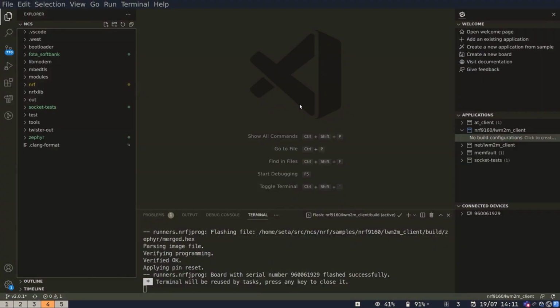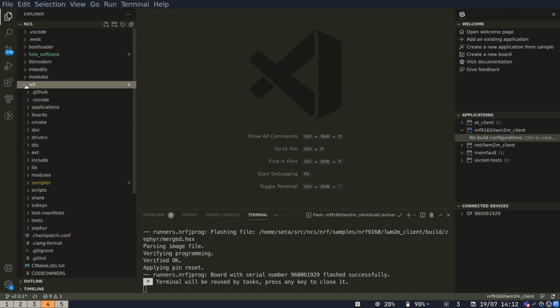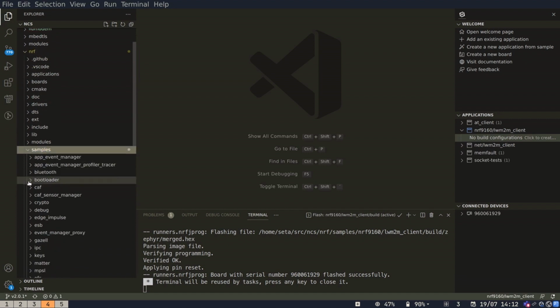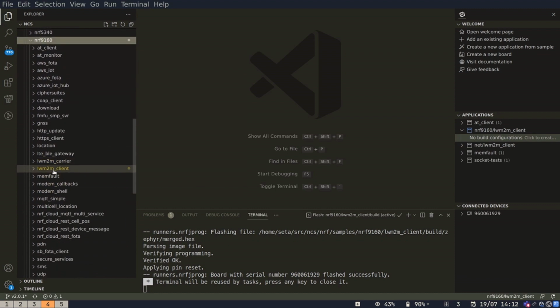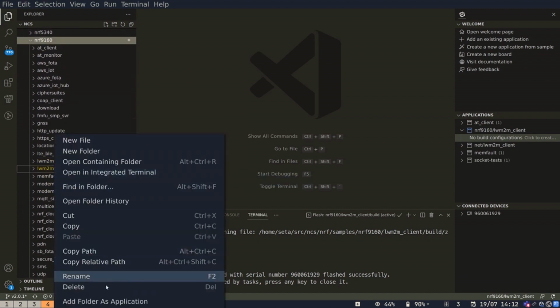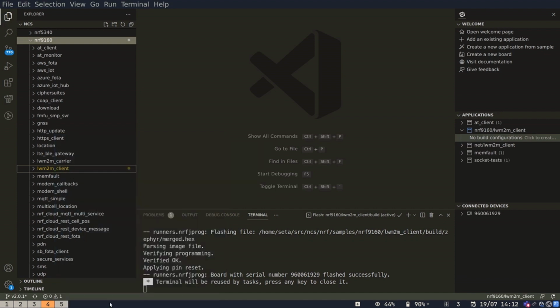So let's go to the VS Code. So I will build the application first. So for this demo, I'm using the nRF9160 LwM2M client sample. So you have your nRF SDK clone. So from the nRF samples, 9160 and LwM2M client, right click, add folder as an application,